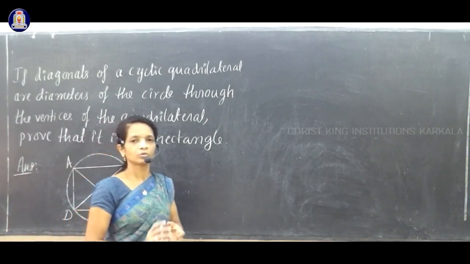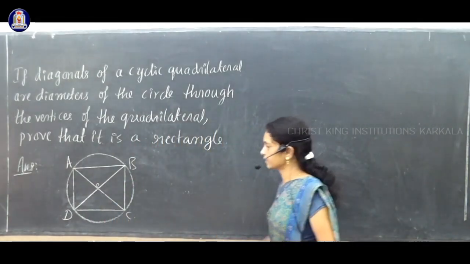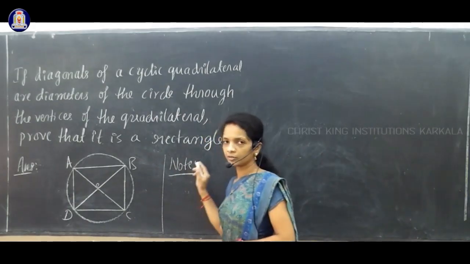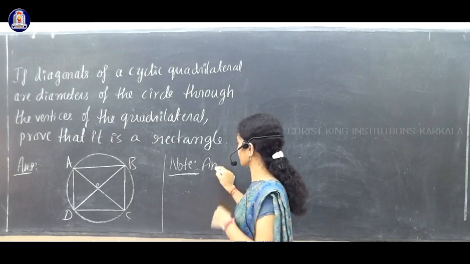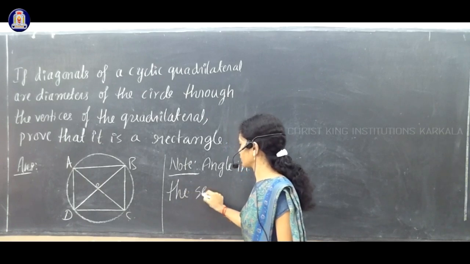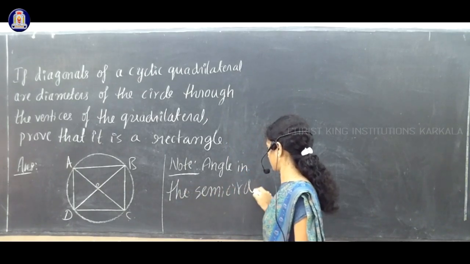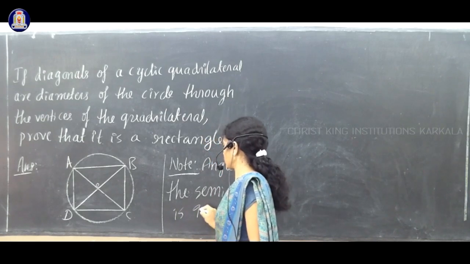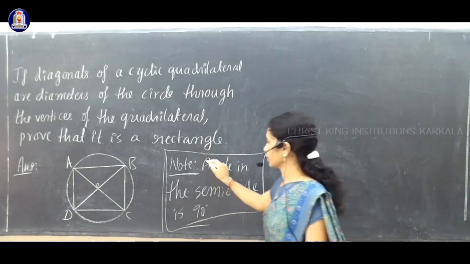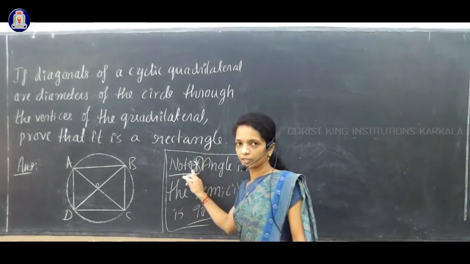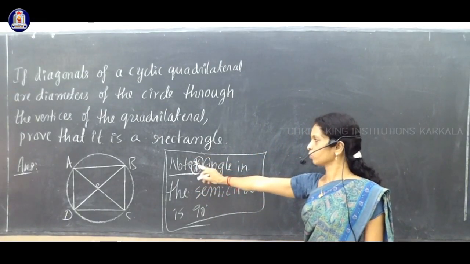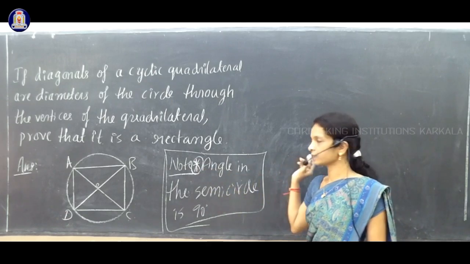To prove that, we have to use only one result, that is this note. Okay, I will write that note here. I think I already gave that: angle in the semicircle is 90 degrees. This note we have to use. If I gave this note already, you take that note as a star. If not given, then you write in this question's answer part as a note. Star: angle in the semicircle is 90 degrees.